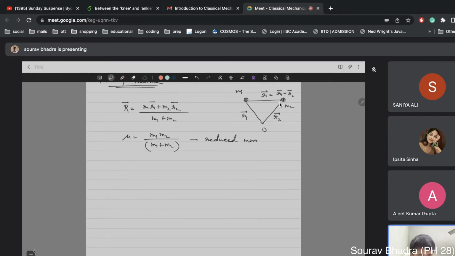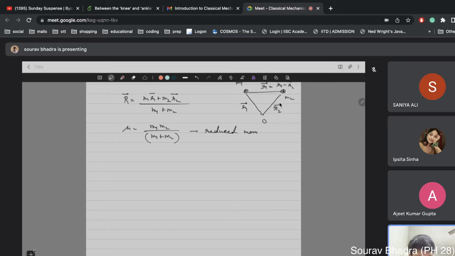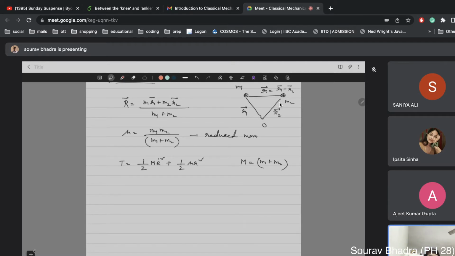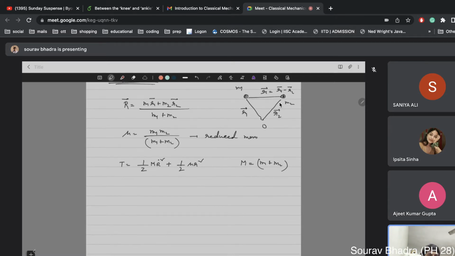For this problem we can write our kinetic energy in terms of capital R and mu, where capital M is actually m1 plus m2. So we are treating the problem as if there is a mass capital M sitting at the center of mass position, and another mass, the reduced mass mu, with the separation between m1 and